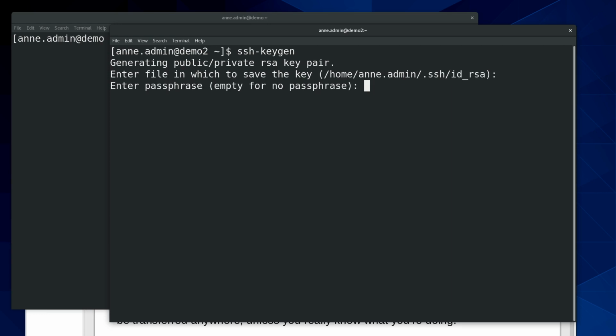Enter a passphrase. This is similar to a password, but not quite. This is used locally only to get access to use this key. This passphrase never actually gets transmitted across the network, and this should be something separate from your password so that in case your password does get compromised, we still have an extra layer of security protecting the other machines in our network. So I'm going to put in a passphrase,